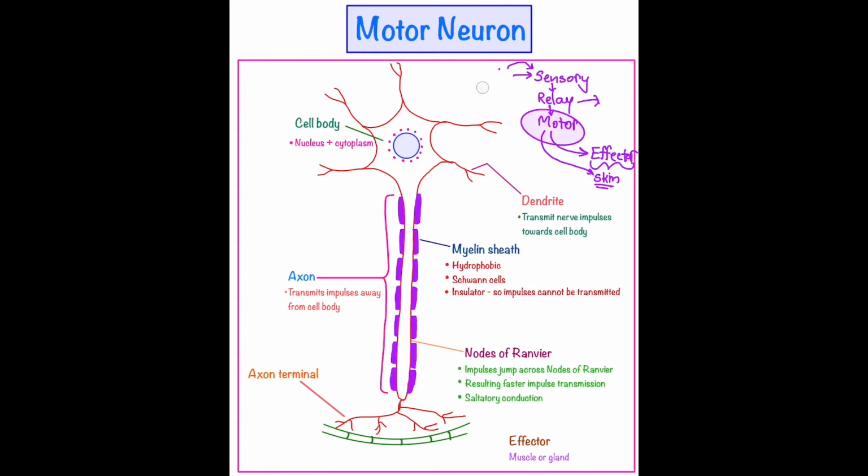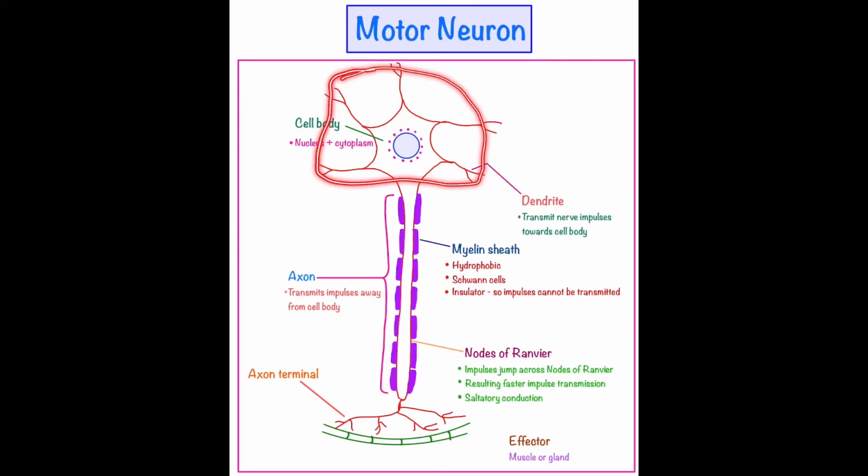Okay, so let's now learn about the structure of the motor neuron, right? Here I have already drawn the structure of the motor neuron so that we do not have to waste our time and we can learn the structure and the adaptation towards the structure quickly. Right, so the first part we are going to discuss is the dendrite. This part of the motor neuron here on the head part is called the dendrite. So these are all going to be the dendrites, right? The singular term is dendron and the plural is dendrite.